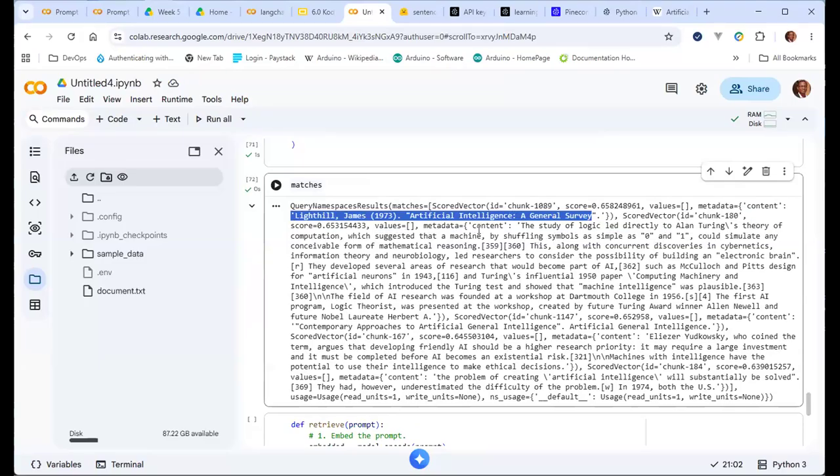This other one contains the study of logic led directly to Alan Turing's theory, blah, blah, blah, blah. This one has a score of 0.652. So you can see, of course, the higher scores are the ones at the top. Contemporary approaches to artificial general intelligence. This one has 0.64550. Eliezer Yudkowsky, who coined the term, argues that developing,